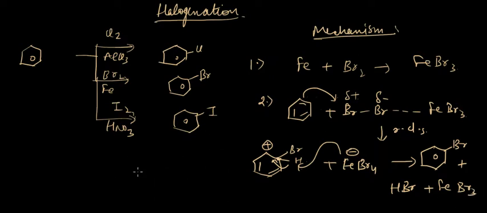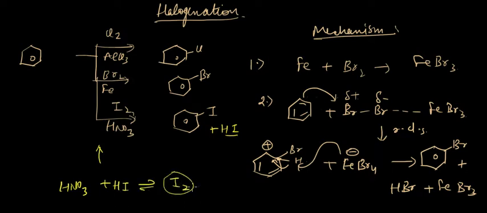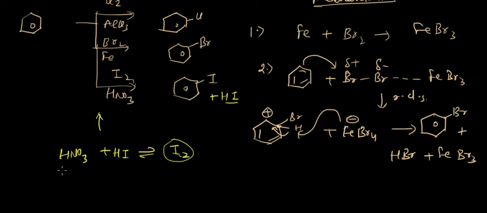Okay, and similarly we can do this for the other reagents as well. And one thing to remember in this reaction is that HI is also produced as a side product, okay, and HNO3 is actually used so that HI is oxidized and becomes I2. So HNO3 is used as an oxidizing agent for HI to be removed from the reaction. Okay,